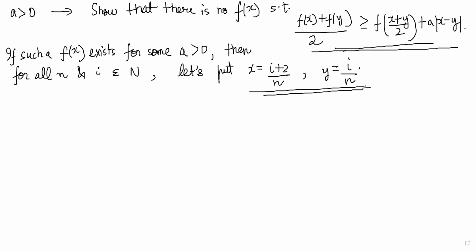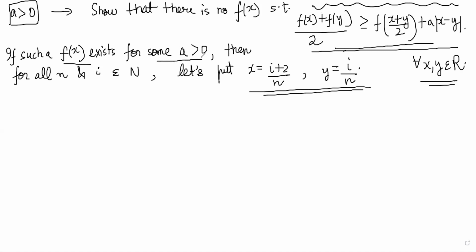So what are we doing here? We need to show that this result is true for all x, y belonging to real. We have taken the case a greater than 0, and we are assuming that such a function exists for some a. Then let's put x as (i plus 2) by n,